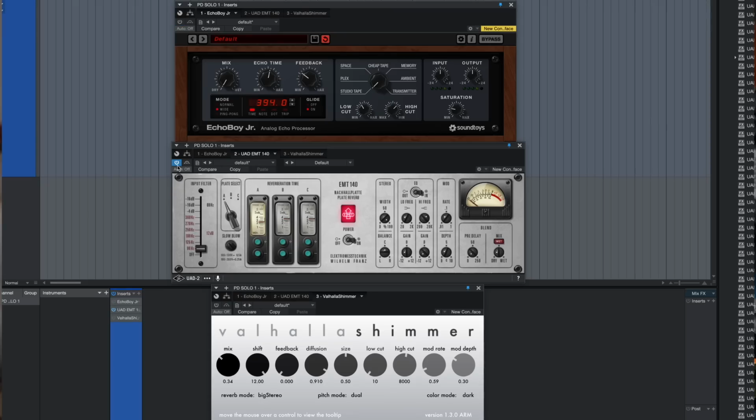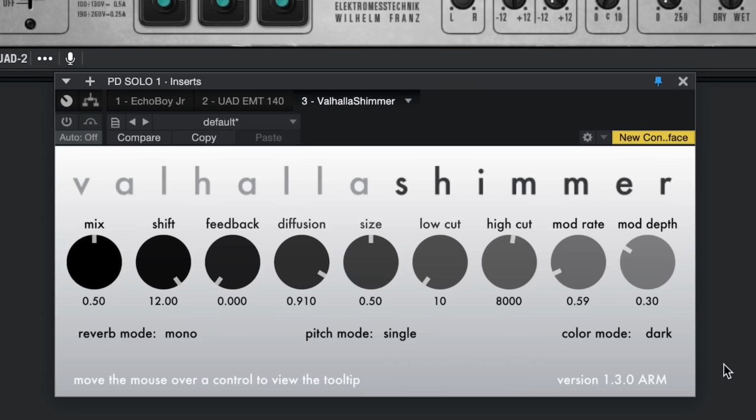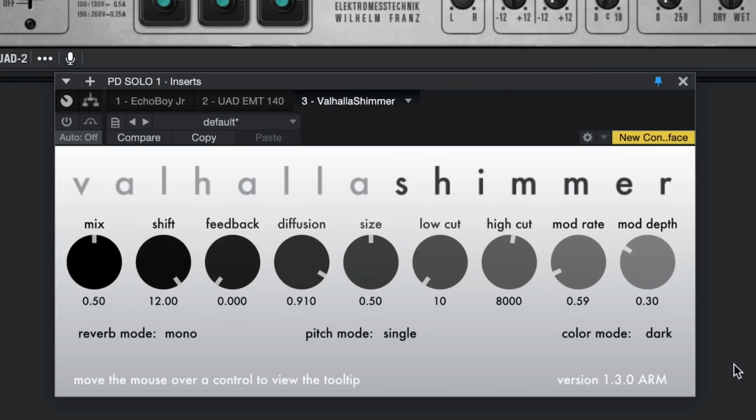For me, there is another sort of reverb which I use all the time, and that's a modulated reverb or a shimmer reverb. So if I turn off the delay and the reverb here. Now what I'm going to use for this is Valhalla Shimmer. Now this is what Valhalla considered to be a shimmer reverb. I think what most people and companies consider to be a shimmer reverb is a reverb with pitch in it. This doesn't really do that. It's more like a modulated reverb, but it does sound absolutely awesome. Right, if I turn this on,